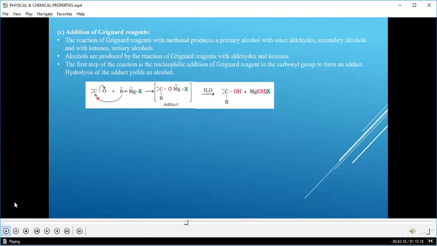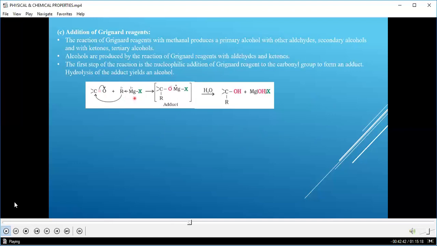As we are seeing examples of nucleophilic addition reactions, the reaction will proceed further by adding the Grignard reagent. Again the same procedure: the carbonyl group is polar in nature and oxygen is a more electronegative atom than carbon. So the electron pair will be shifted towards the oxygen atom, where oxygen possesses a partial negative charge and carbon possesses a partial positive charge.